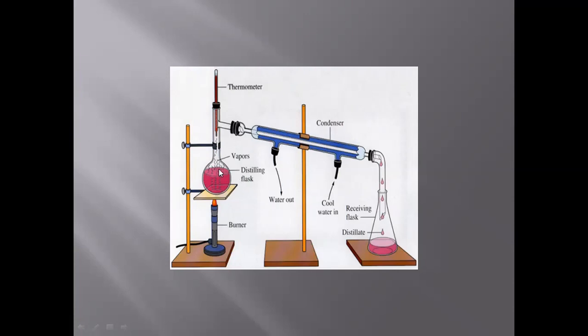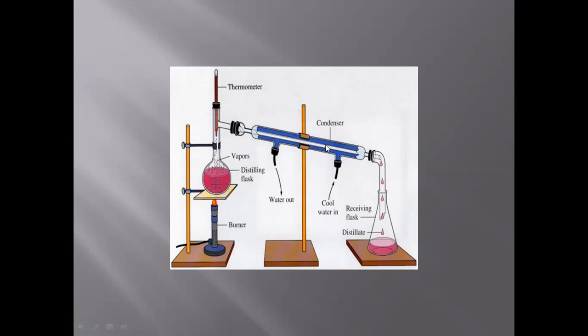When the solution in the flask is heated, at the boiling point the solvent changes into vapor. The vapors are hot and less dense, so they rise. They rise and they enter into the inner tube of the condenser. Now, the hot vapors need to be cooled down. So in order to cool down the vapors,